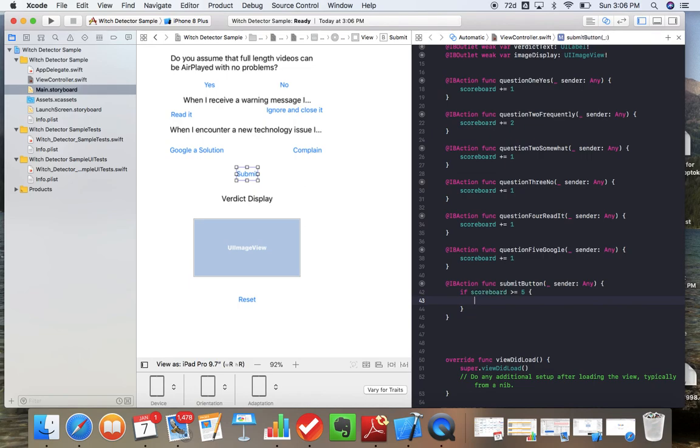And what do we want to happen? We want the text to display something along the lines of "You're not a witch," and then we want this image to display something fun, which we'll talk about in the next video. Right now I'm just going to be concerned about this text display. So first, when the submit button is pressed, if scoreboard is greater than or equal to 5,